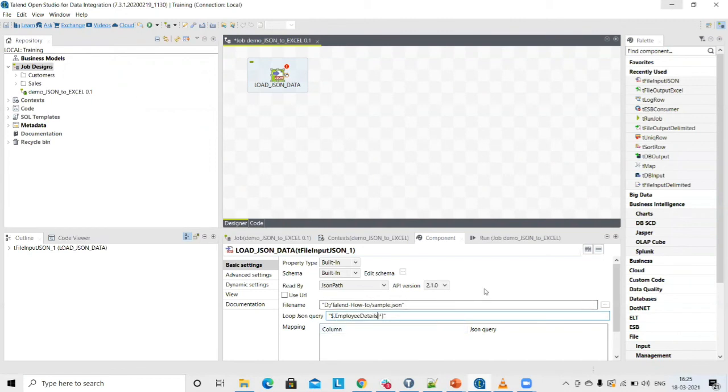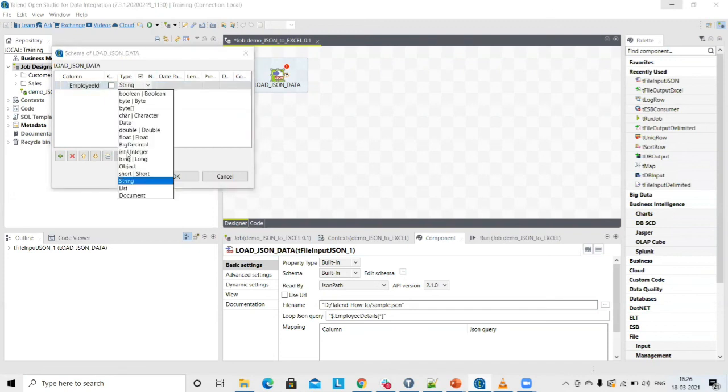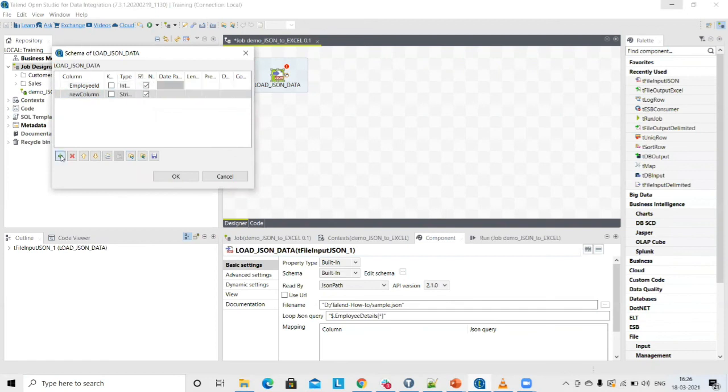Okay, now let's build the schema for the table. Here you can add as many columns as you like. Employee ID, since it's a number, we'll need to change it to integer.